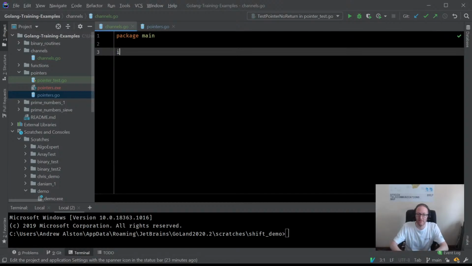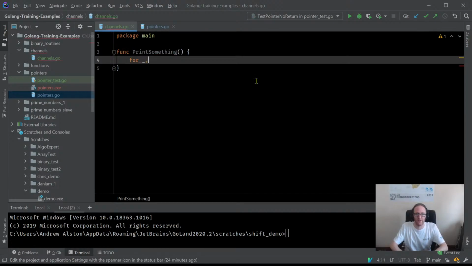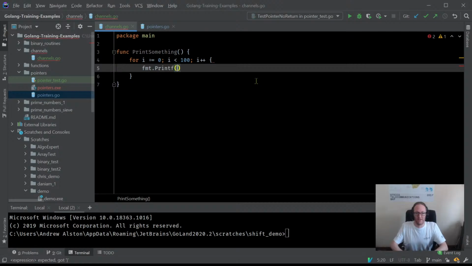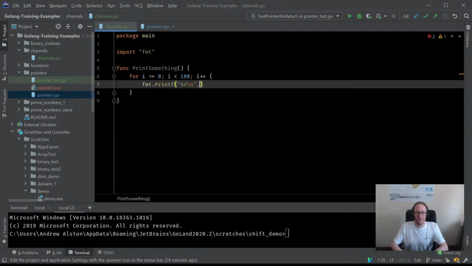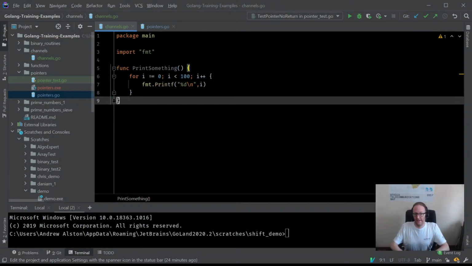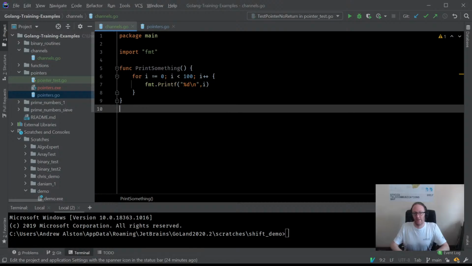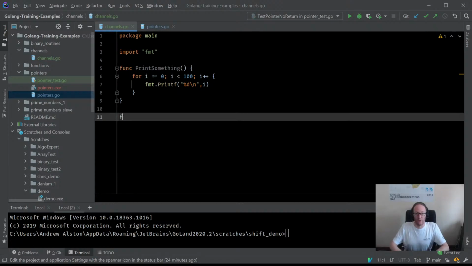And I'm going to demonstrate that quickly. We're going to make a small function here, we'll call it func printSomething. And we'll make it print: for i := 0; i < 100; i++, fmt.Printf("%d\n", i). And that function there, if I were to run that function normally,